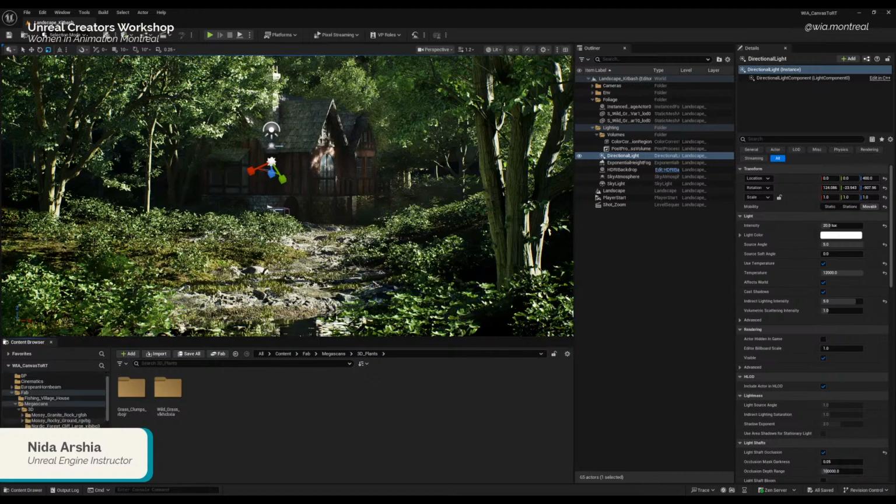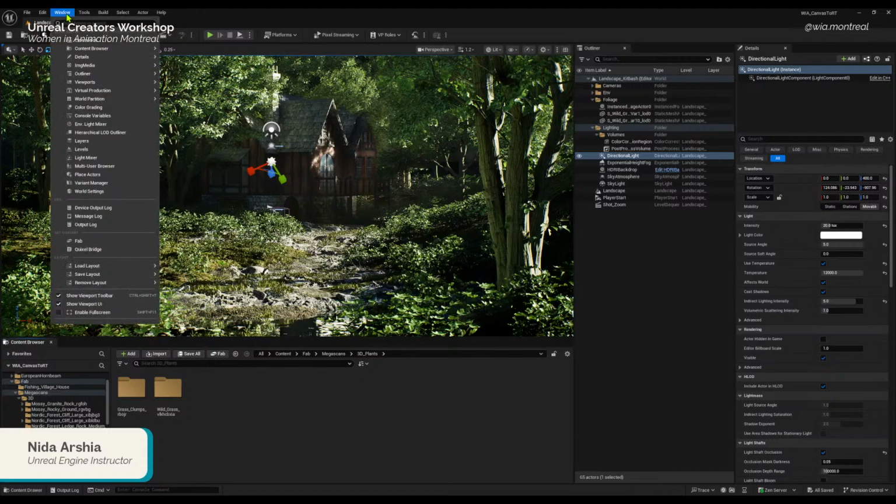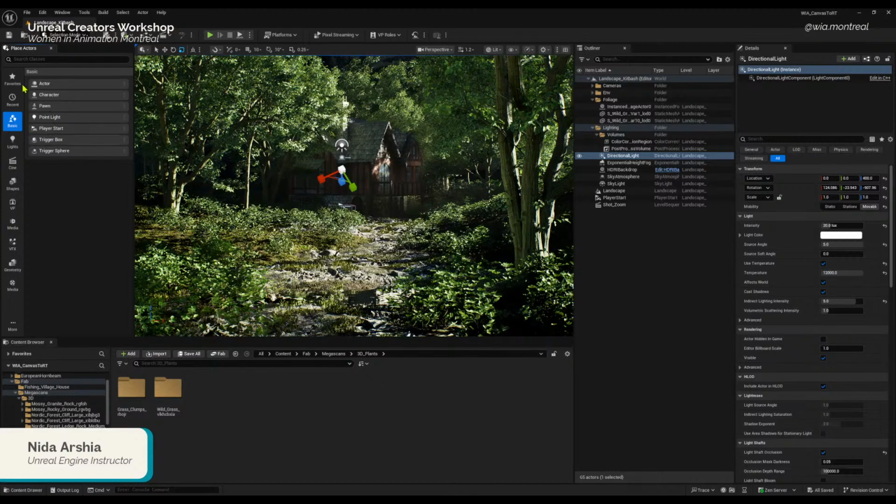So let me go to Windows and open this Place Actors. It's going to open this window for me. Now I can search for some actors through here.